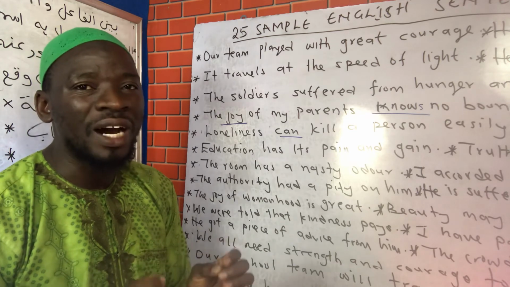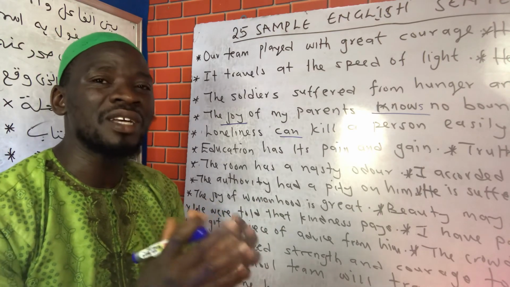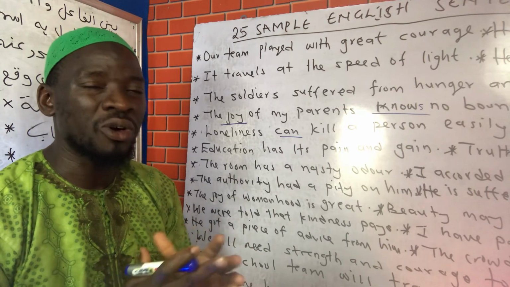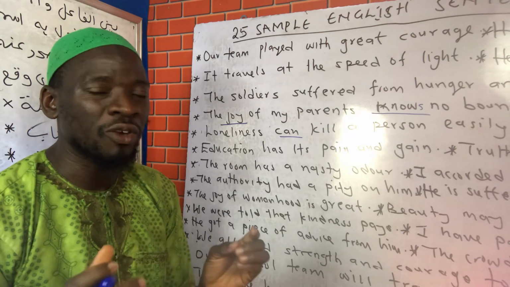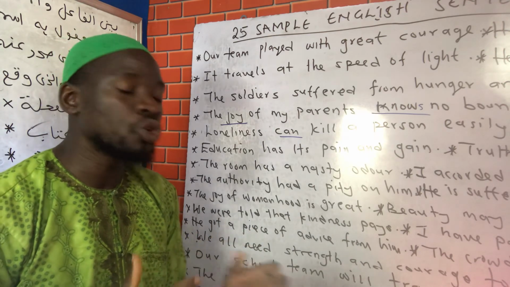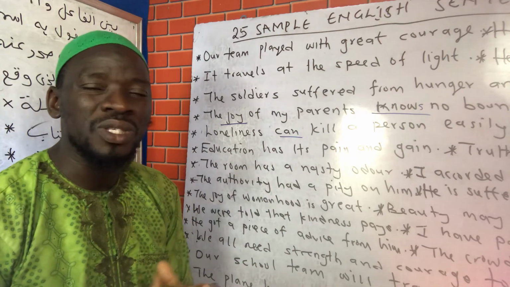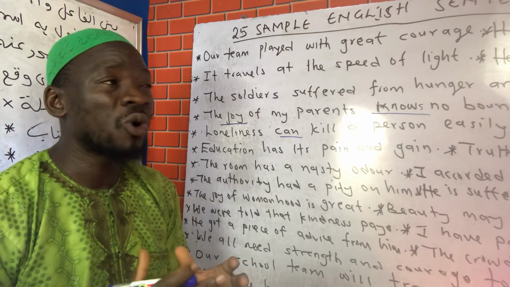So a collective noun can be a name that in nature you can see as singular, but in function it functions as plural because it is a name that is given to a group of people, a number of people. You don't say crew to mean one person. You don't say crowd to mean one person. You don't say audience to mean one person. You don't say galaxy to mean one person.